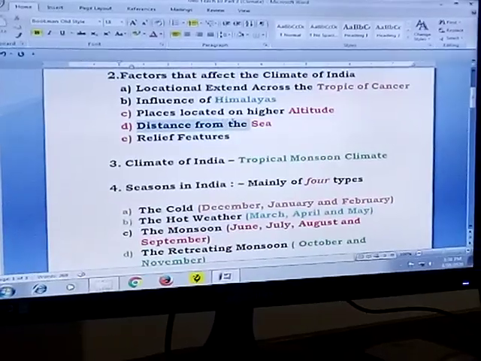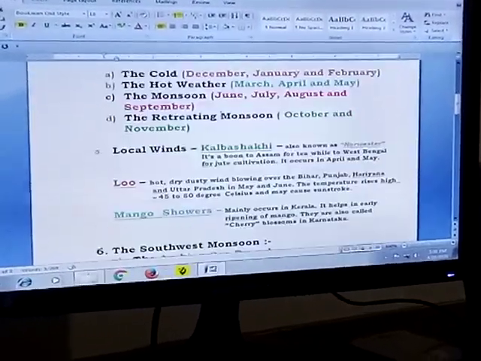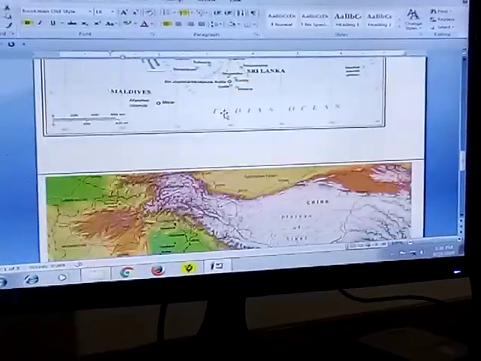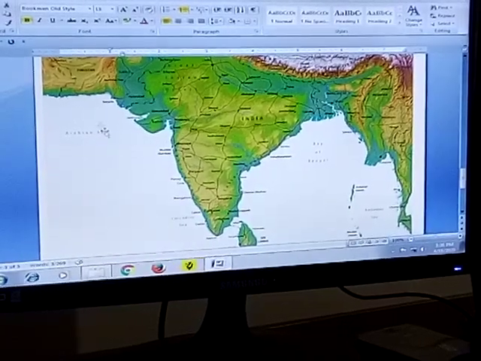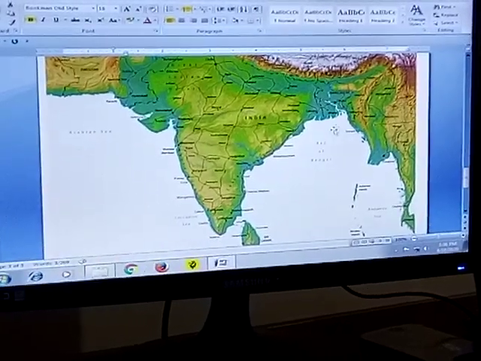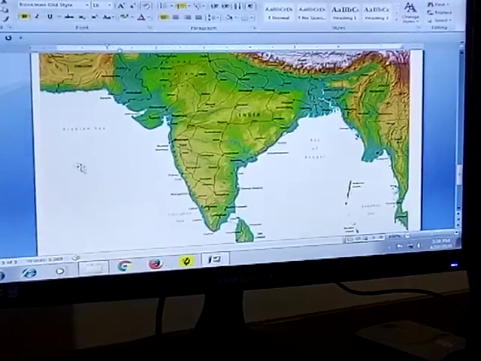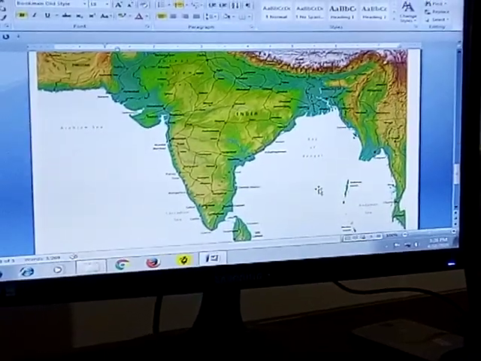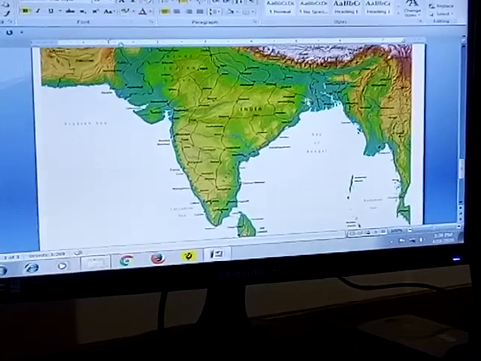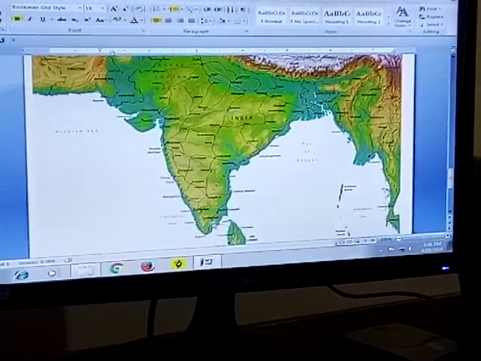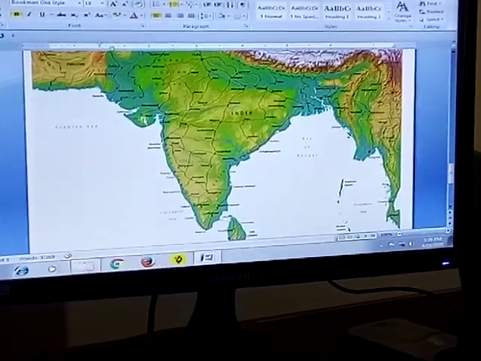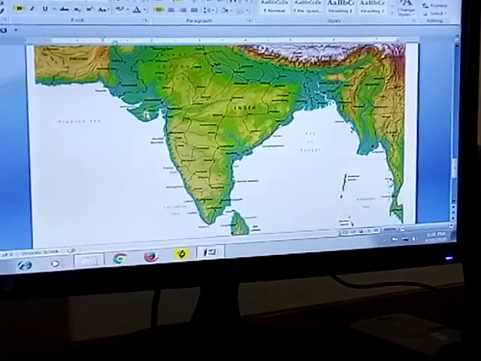Distance from the sea. India is a land which has a peninsula. See, all three sides of India are surrounded by seas. This side is the Arabian Sea, this side the Bay of Bengal. So places which are close to the sea, we call coastal regions, will have a moderate type of climate, and the